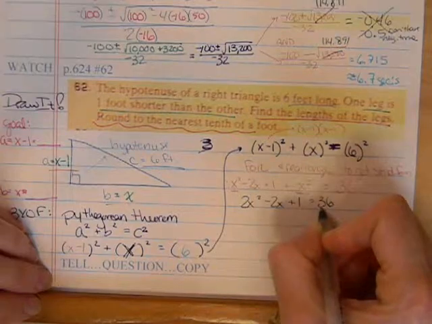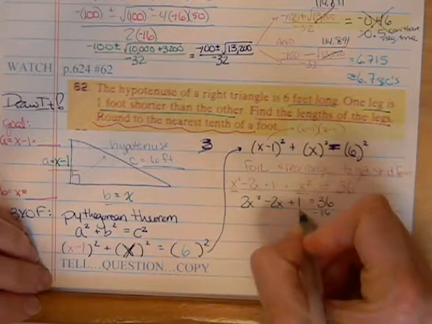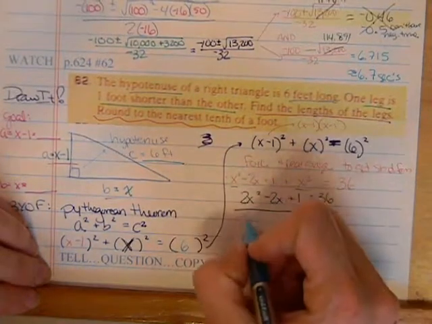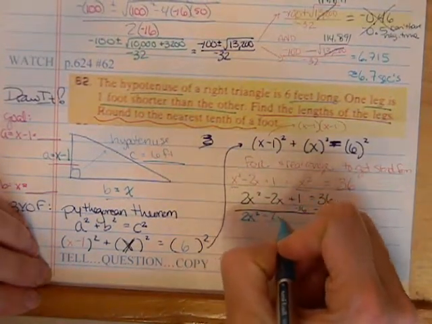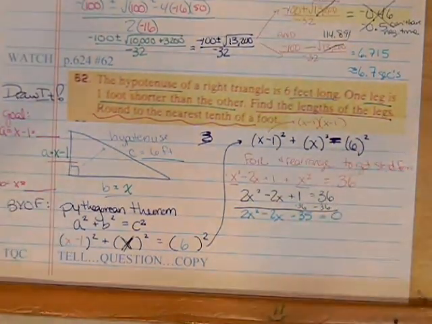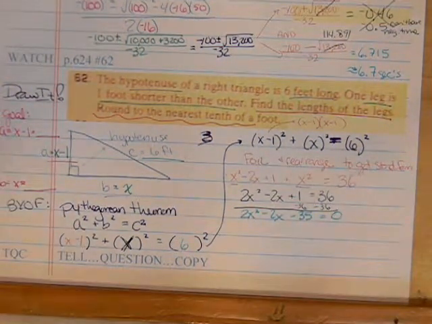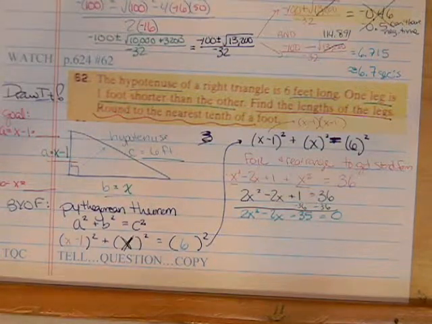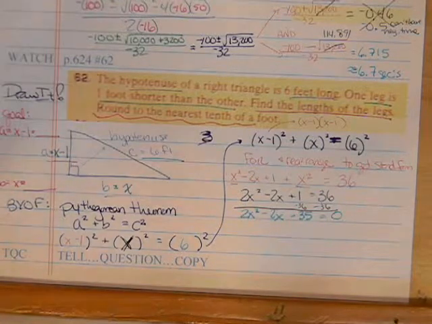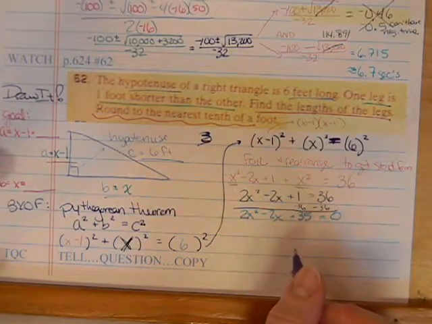Go ahead and subtract the 36 from both sides, and we now have 2x squared minus 2x minus 35 equals 0. Now this might be factorable. It possibly could be a perfect square trinomial. It's possible that you could complete the square on it, but we're just going to go ahead and do our